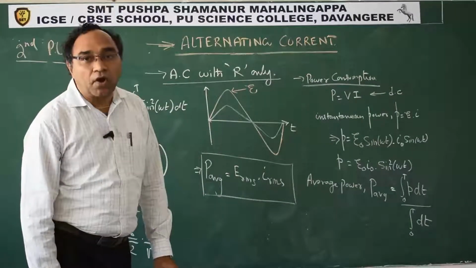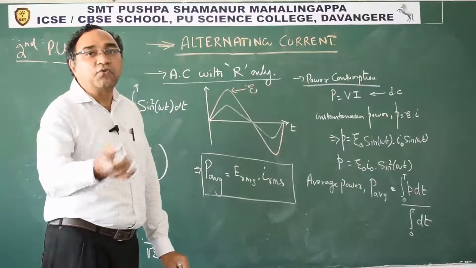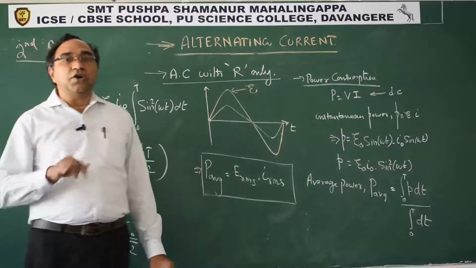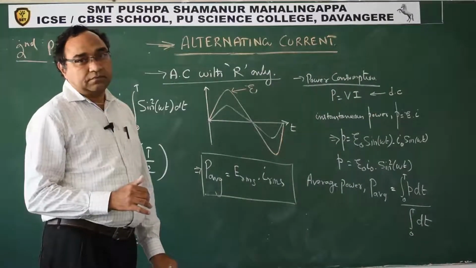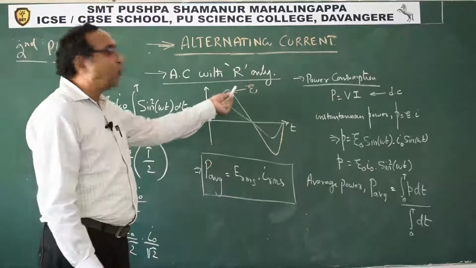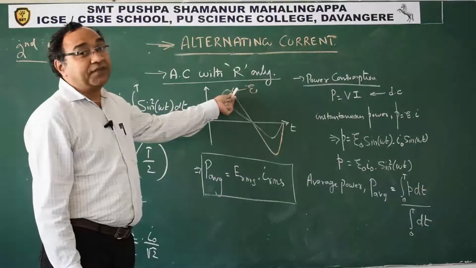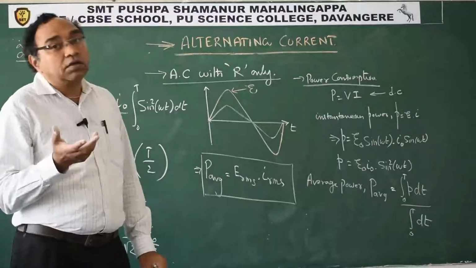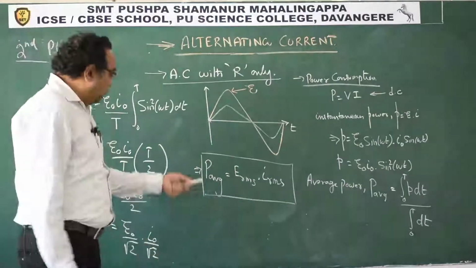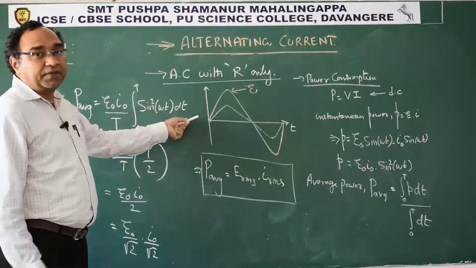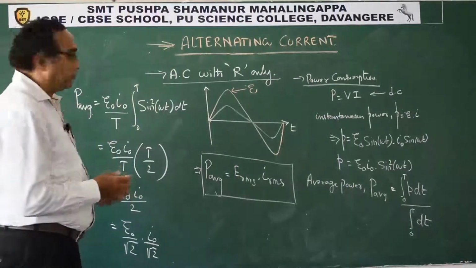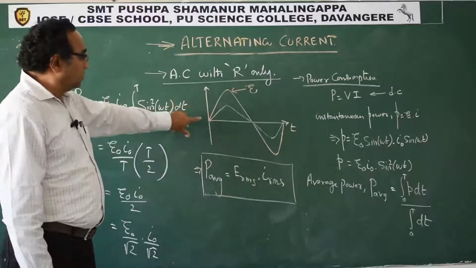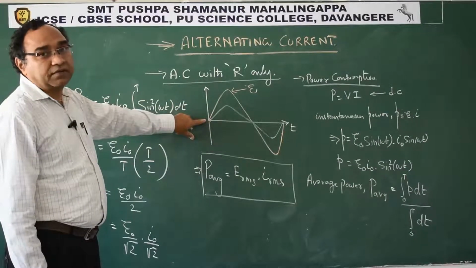So in order to block DC, we use the resistor property of the wire. And in order to block AC, we cannot use R. Let us see then what is the component which can block AC. So students, please remember this. This will come in multiple choice questions. Average power consumed, and this is called phasor relation.